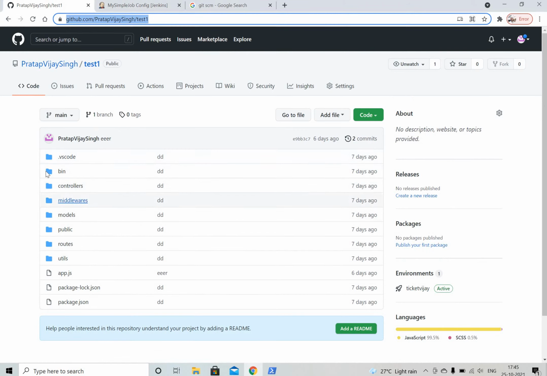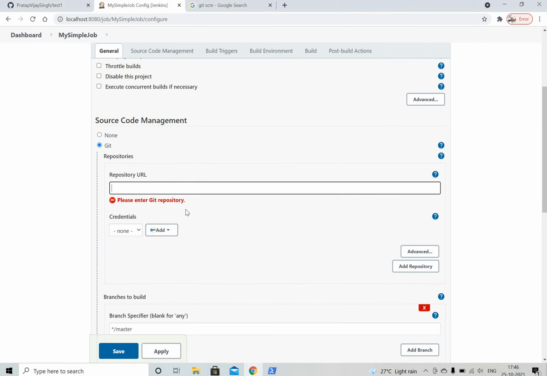You can see here, this contains some source code, a Node.js project. Now I have to connect to this Git repository and pull the source code from my Jenkins. So I have to configure this Git repository URL, which will be like test1.git.